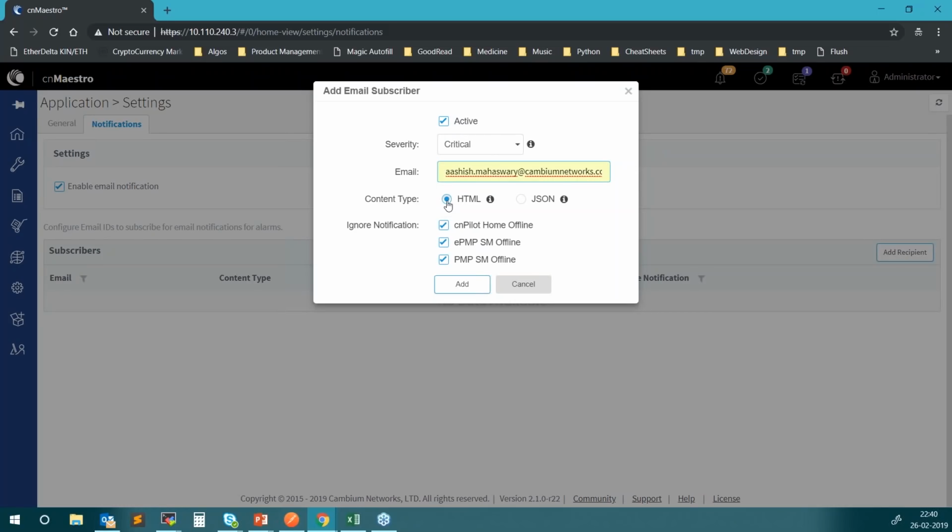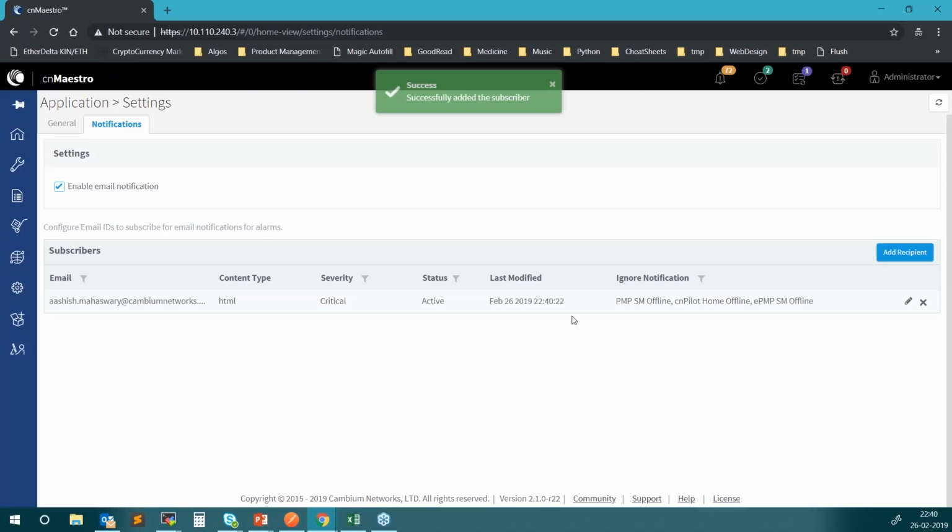I can select the format of the email, be it HTML or JSON. And I can even ignore the notification. Let's say, so three options are there. You can ignore the notification for ePMP SM, PMP SM, and cnPilot home going offline. Just add it here. You can remove it if you want to remove it, and you can add up to